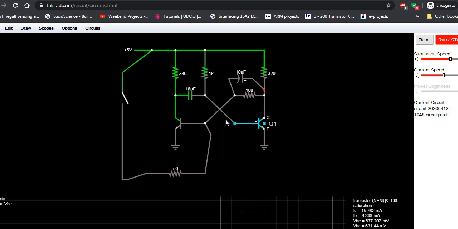In a similar fashion, let us look at the output of Q2. See here, output of Q2 is 5 volts. In a similar fashion, base voltage of Q2 is less than 0.6. So that's why this left side transistor is in off state, right side transistor is in on state. That's what we talked about in the theory also, right? Right side transistor will be on initially before triggering. The left side transistor will be off, right? Let us see what will happen if I apply the triggering for a moment.